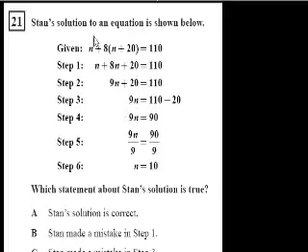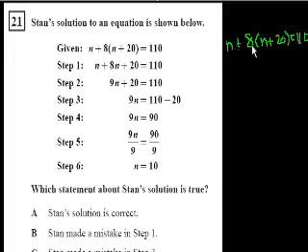So let's see. Let's just think about how we would do it. So if we had n plus 8 times n plus 20 is equal to 110. The first thing you want to do is distribute this 8 times n plus 20. You don't want to multiply this whole n plus 8. Remember, you're doing order of operations, so this multiplication first. So let's do that. You get the n plus, and you distribute this 8. So it's 8n plus 160